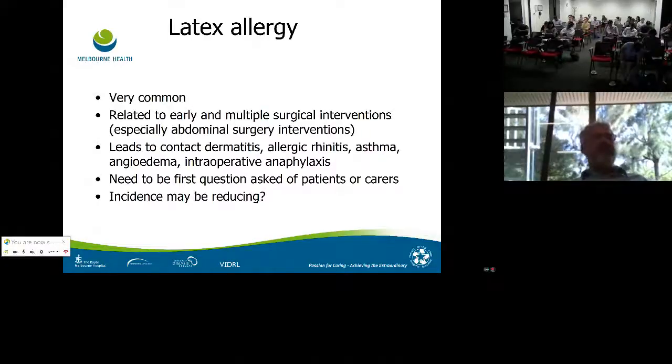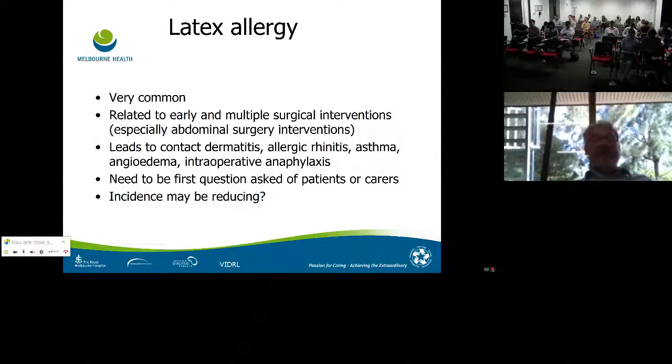Latex allergy is the first thing that you need to ask about if you encounter someone with spina bifida. It's quite common in this age group, much more common than in the general community. And you don't want to have the discomfort of learning about latex allergy after it has occurred, because it can lead to fairly straightforward contact dermatitis, allergic rhinitis, as far as